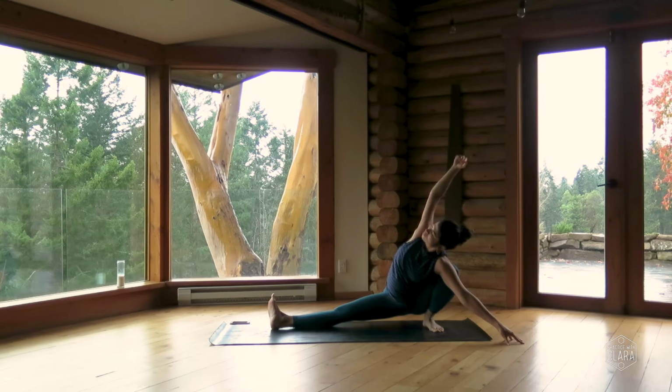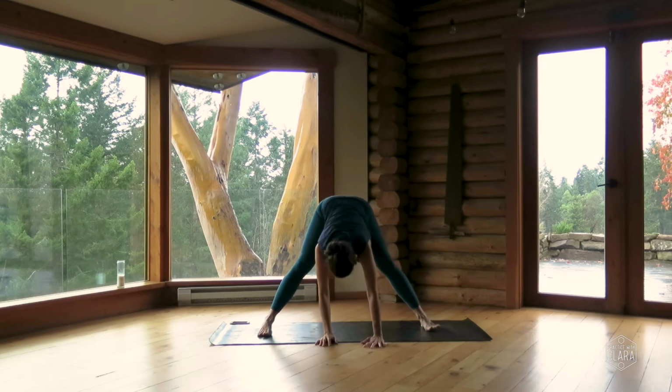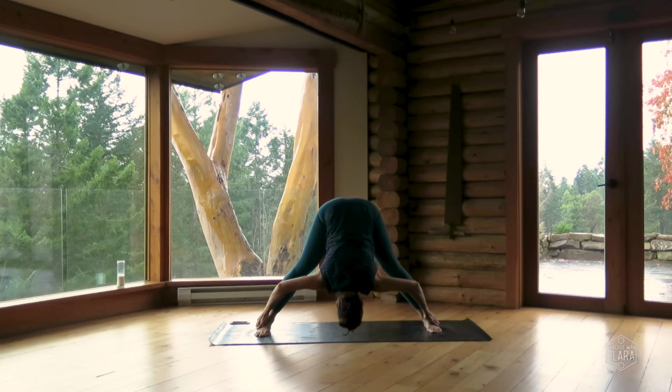Right hand comes down. Work towards straightening both your legs, and then walk your hands in between your legs for Prasarita Padottanasana. As you inhale, lengthen your chest forward towards the left wall, and then as you exhale, bow, standing forward fold. You can stay here or hold on to the outer part of the legs, thighs, calves, ankles, feet,